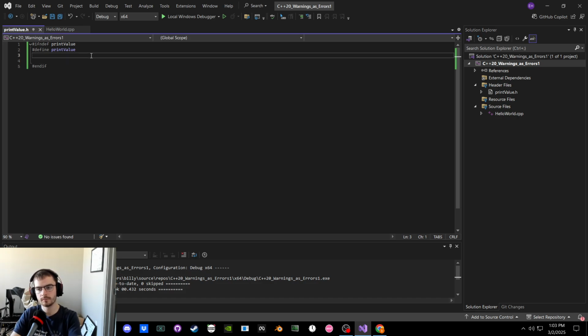Cool. And in print value.h, we will have the forward declaration for print value. So it'll be a void print value, and it'll be